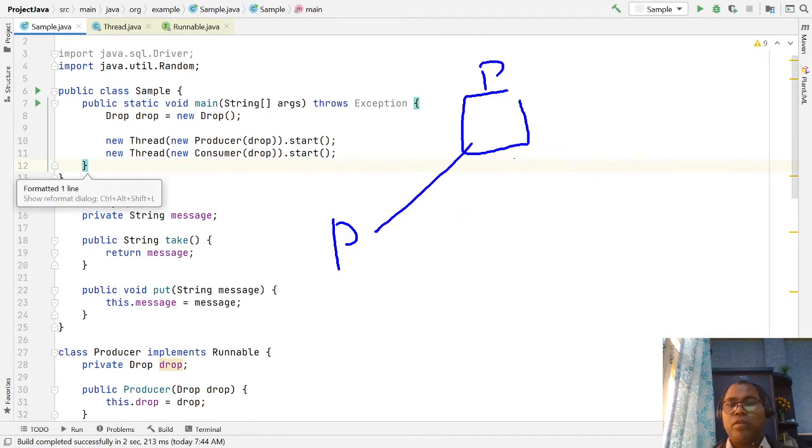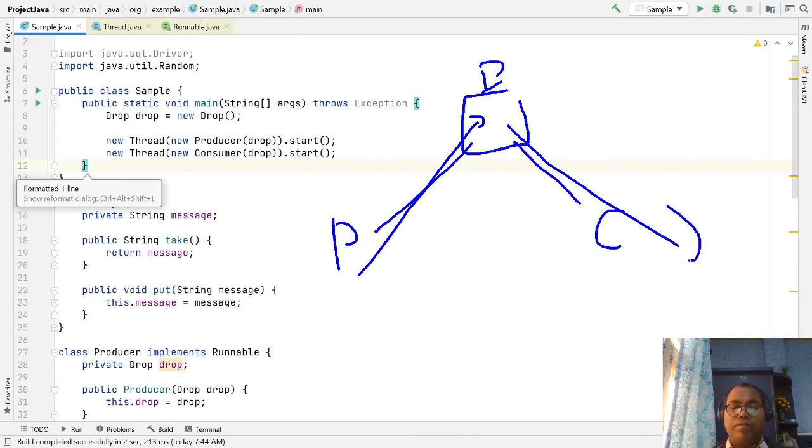The producer starts producing data, and the consumer consumes. Simple: producers put a message, consumers take a message.